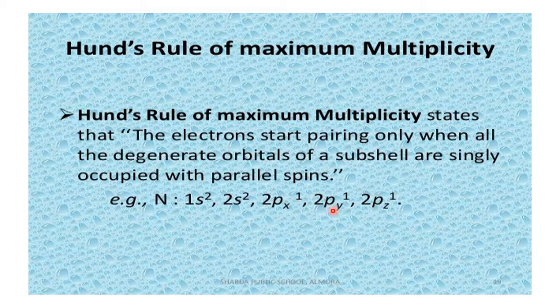If a 4th electron comes, for example, after N, what is next? Oxygen: 1s2, 2s2, 2p4. How will 2p4 arrange? After arranging one each, the 4th electron will enter here. There is no other way; it has to enter here only. So Hund's rule says that as long as place is available, they don't prefer to pair up. This holds good only for p, d and f orbitals. So this is Hund's rule.